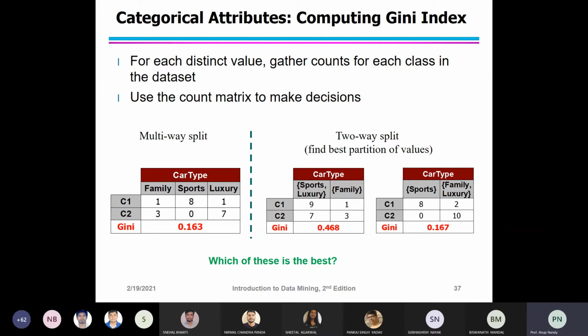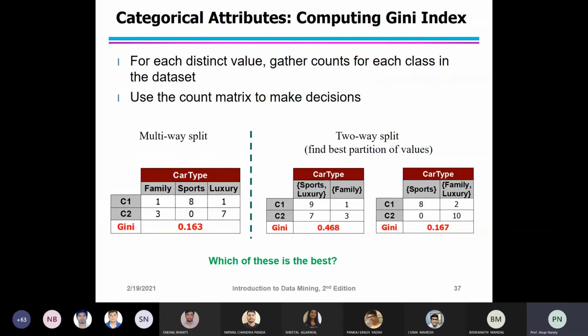Which one of these is the best split? The one having the maximum difference, sir. The first one. Find the weighted average, and then you can find the gain.